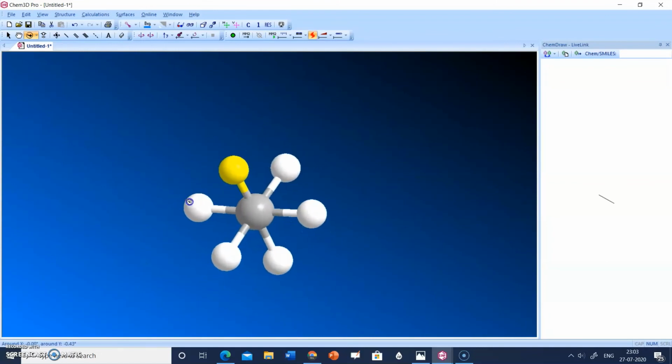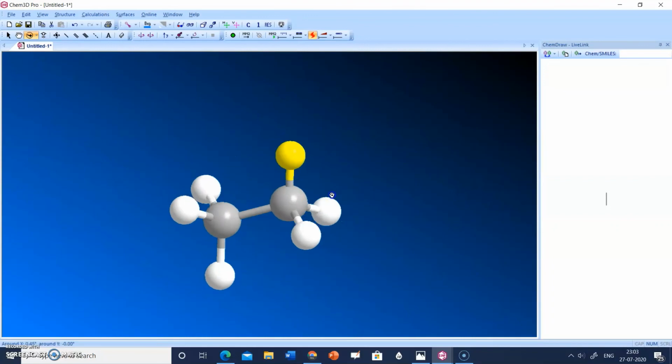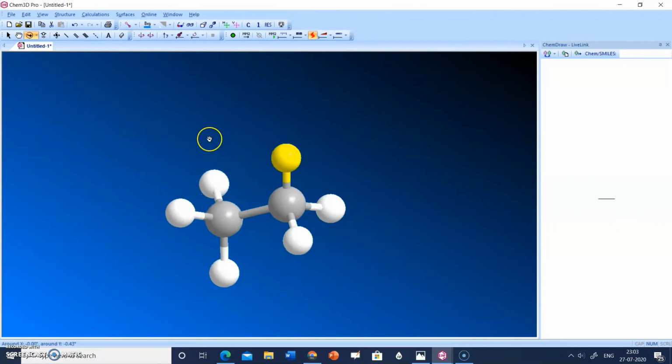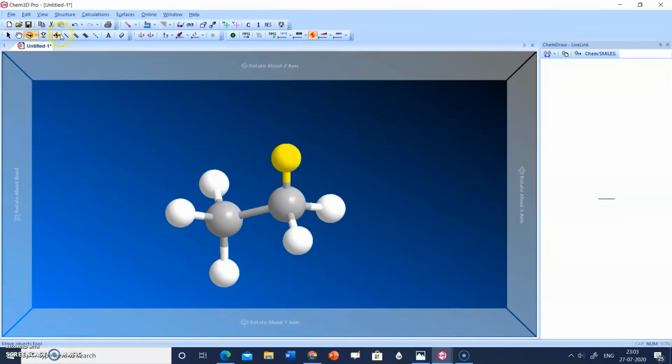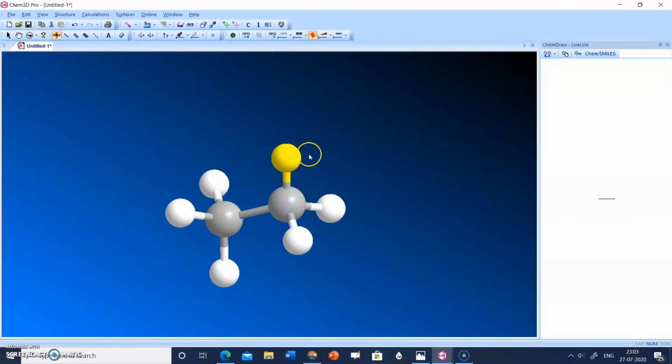So in this way you can also show your students the conformers of ethane. By clicking and moving this ethane molecule, this structure is now a staggered structure. And if you want to show the eclipsed form, just again go to this move object and rotate the direction of the hydrogen atoms.